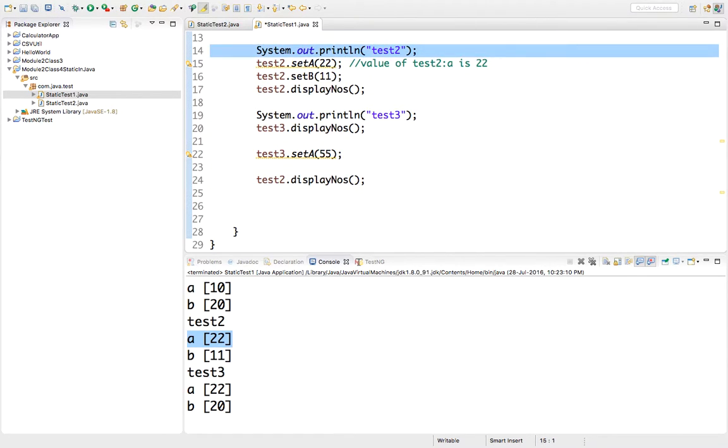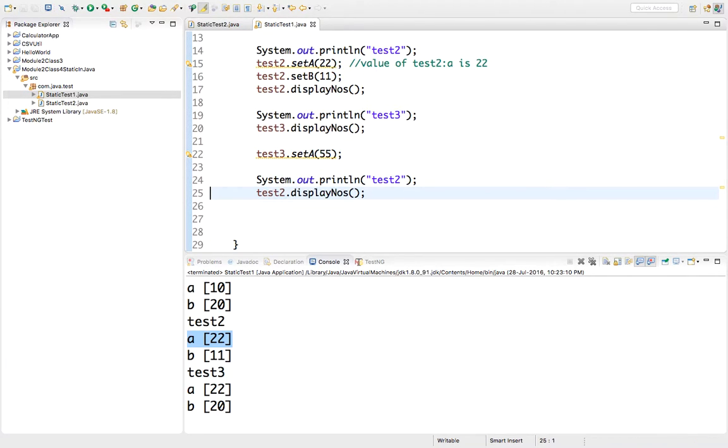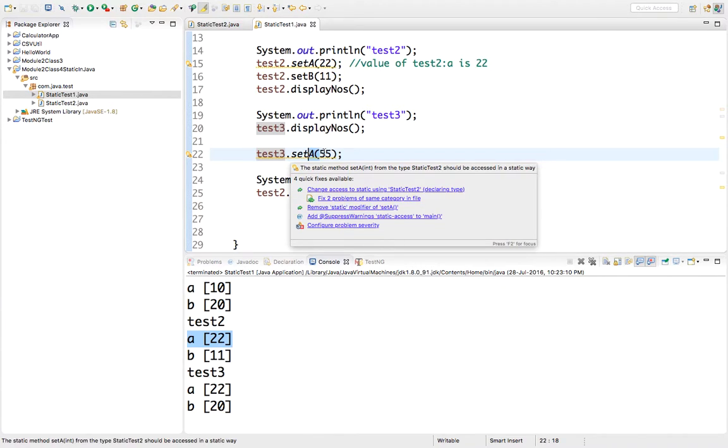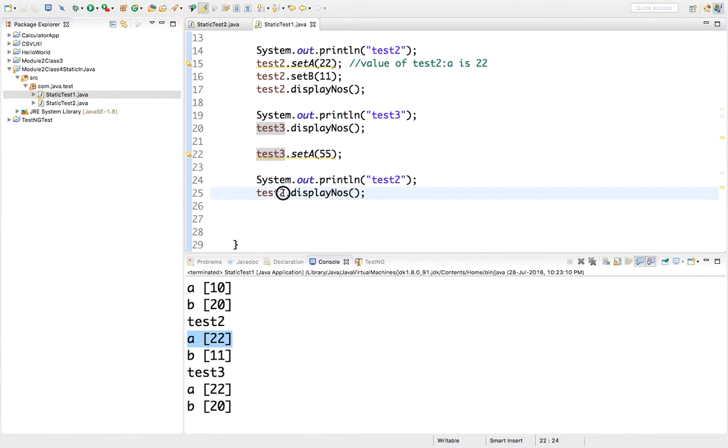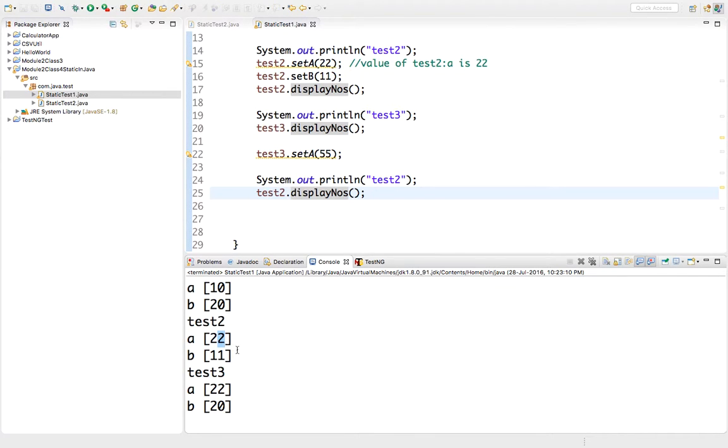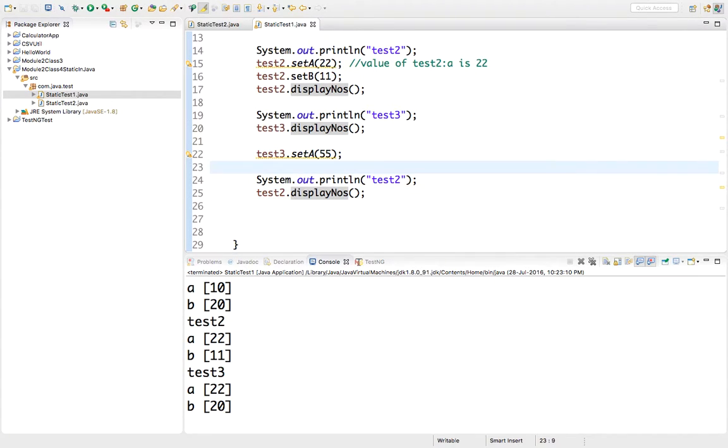Now you are setting test3.a, but that A is common to both test3 and test2 objects because it is a static variable. So even in the test2 object you will get the value of A as 55. Let's run this one.